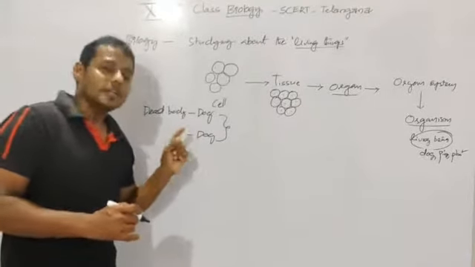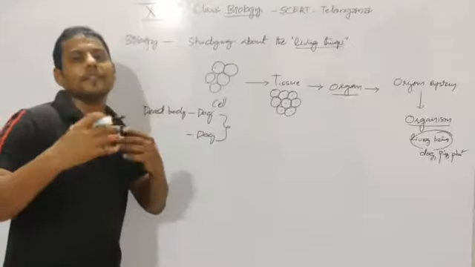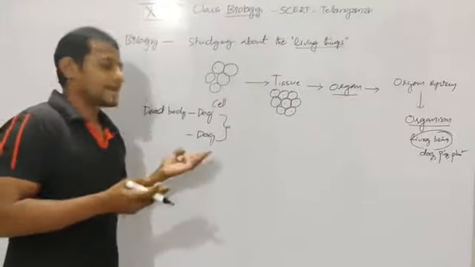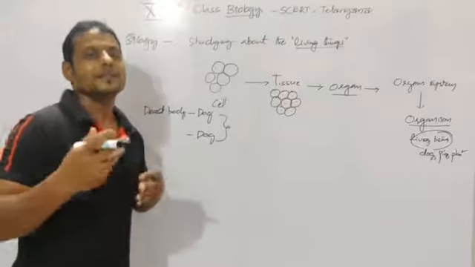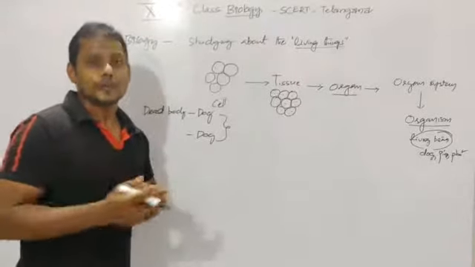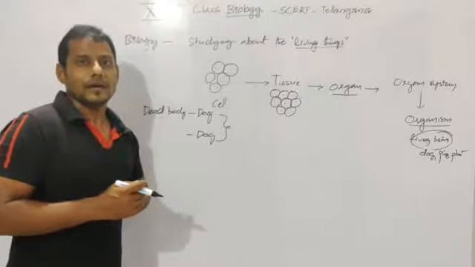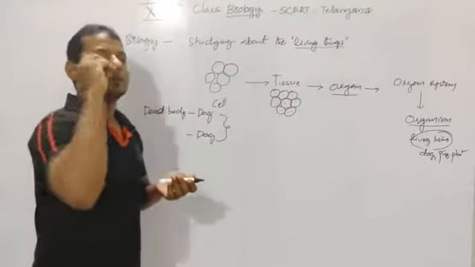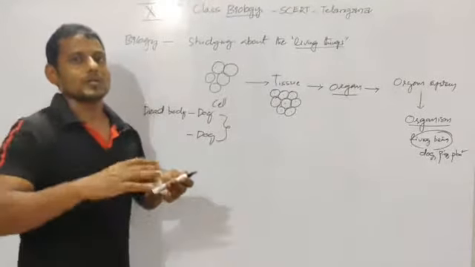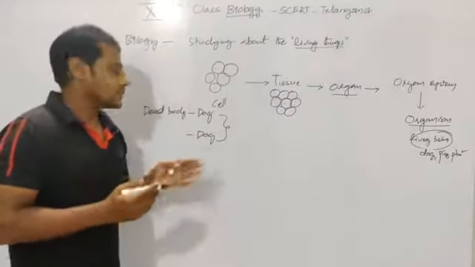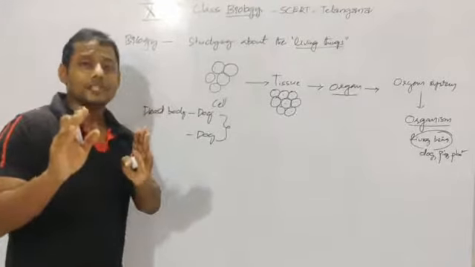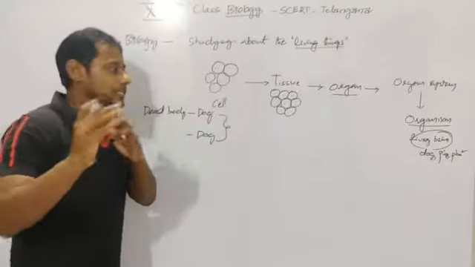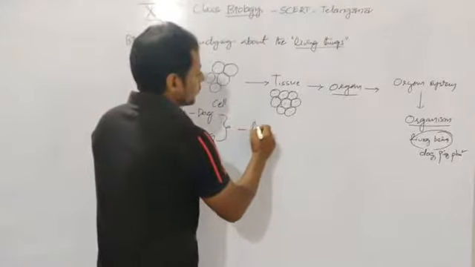Here the lively dog performs some vital activities in its body, isn't it? For example, it takes food and excretes, it produces offspring like babies, and it responds to a stimulus. For example, if you throw a stone at the dog, what happens? It runs, or else it is going to bite you. These are the vital activities which take place in living beings. These vital activities are called life processes.